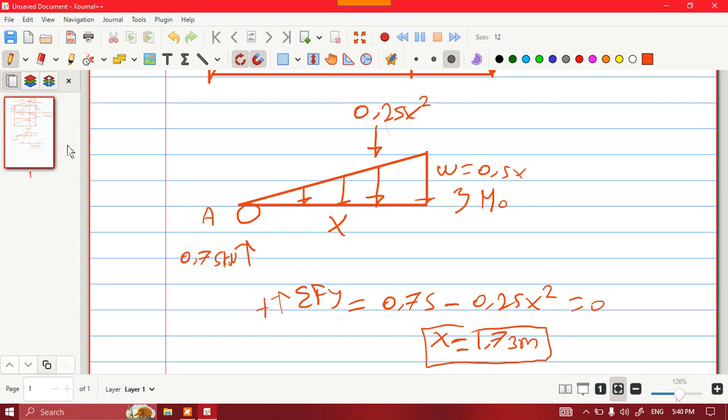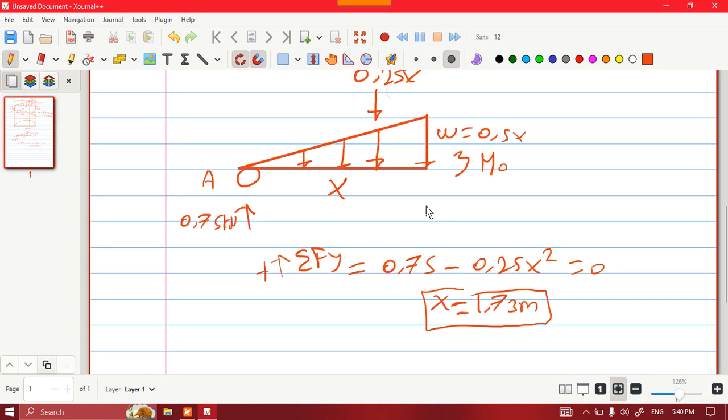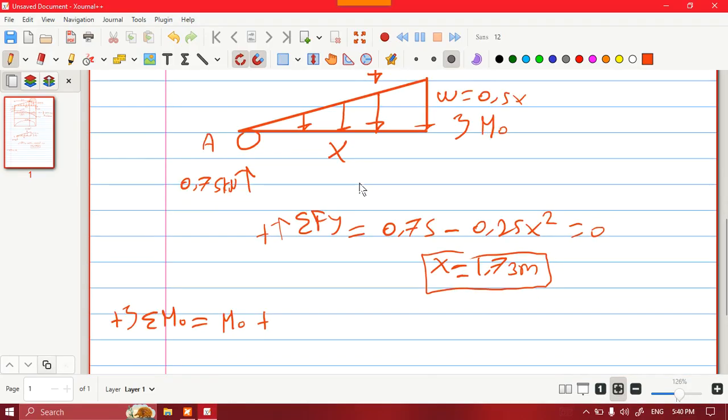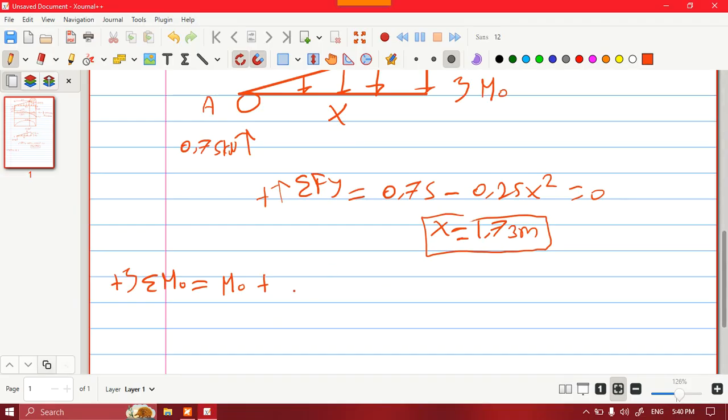In order to take a moment function, you take summation of moments, counterclockwise direction to be positive. I have moment 1 or moment not, the same moment, and I have plus 0.25x squared divided by 3. 0.25 divided by 3, approximately 0.083,